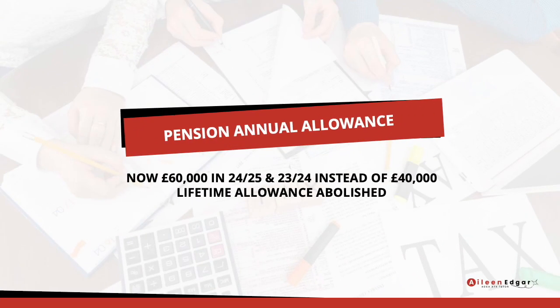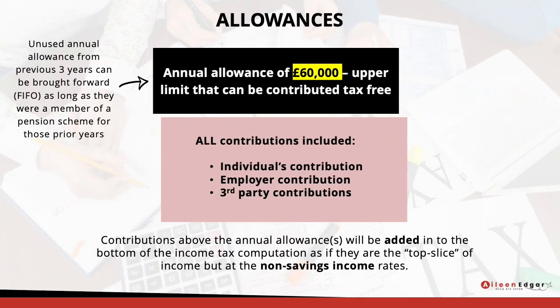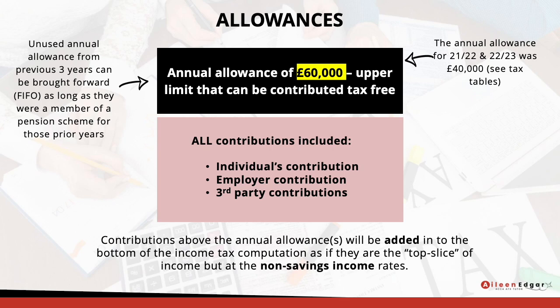The annual allowance is what will claw back any excessive amounts of tax relief given further up the income tax computation for pension contributions. So the annual allowance is currently sitting at £60,000 for tax years 23-24 and 24-25. Prior to that, it was £40,000. Now, if you sat an exam in 23-24, you would have used £40,000 in that year. But please note that now we are using £60,000 for 23-24 and £60,000 for 24-25. This information is on your tax table, so you can double check it if you need to in the exam.